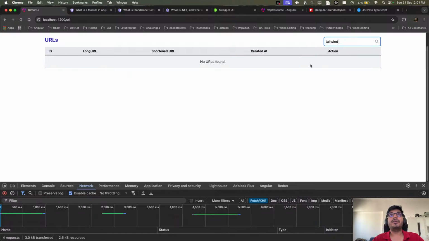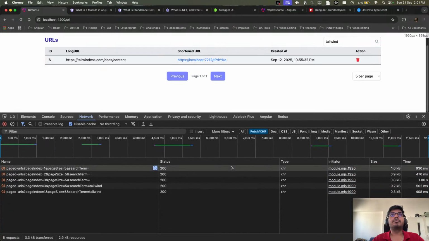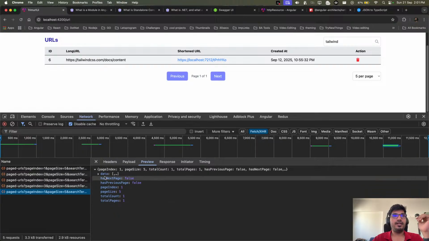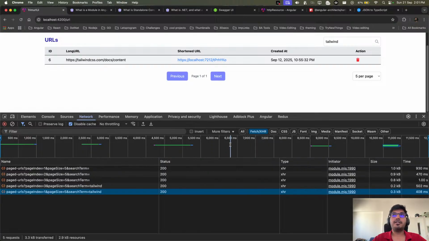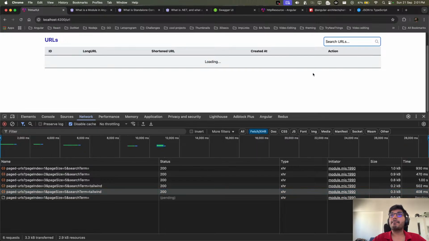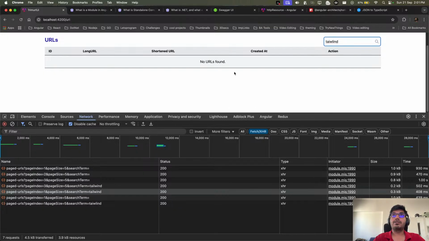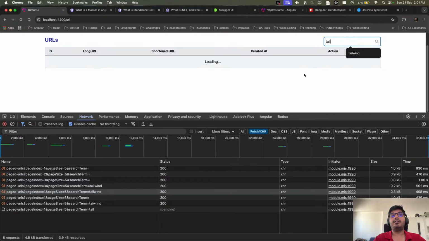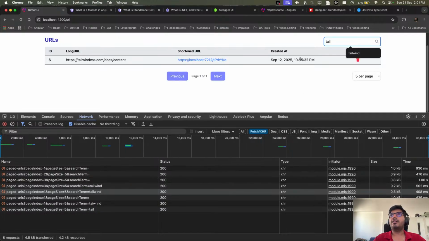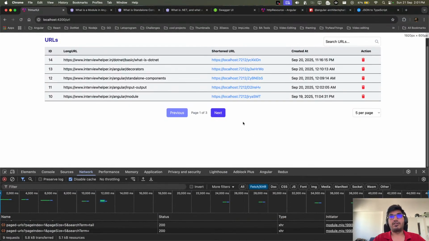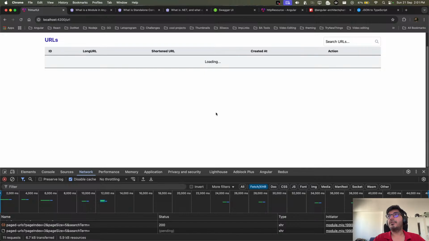Maybe it's just that my API is slow, as I'm using some cloud-based Postgres database. But I see there is always a pending state. Can you see? It was pending. So first it says no URL found. Okay, yeah, because it is wrong. What if I put tail? Oh, it works fine. I don't know what was wrong. Maybe I just needed to do a refresh, that's all. Okay, it works fine.